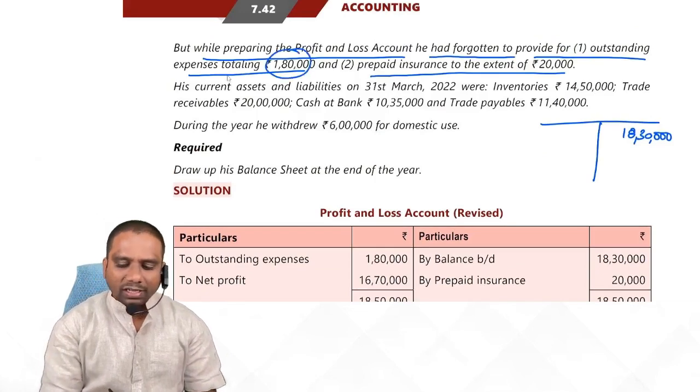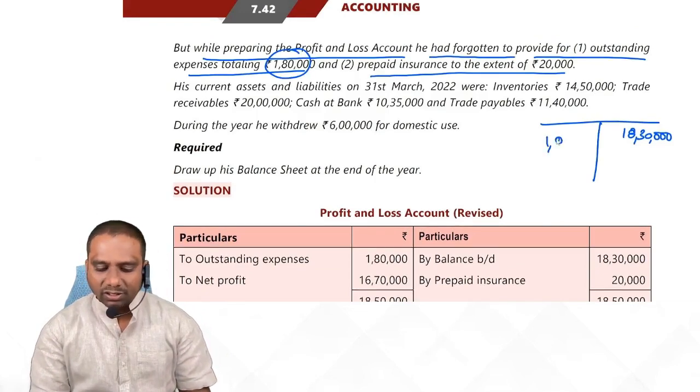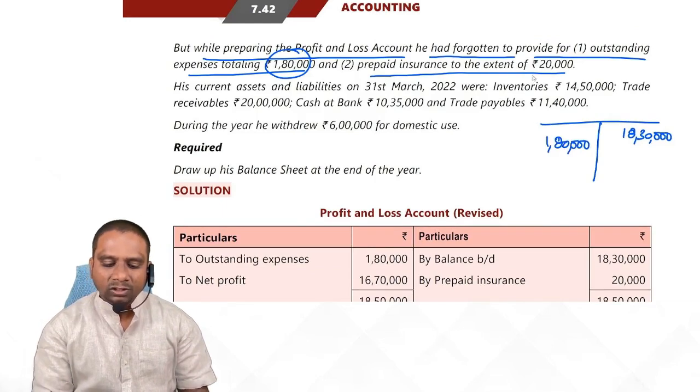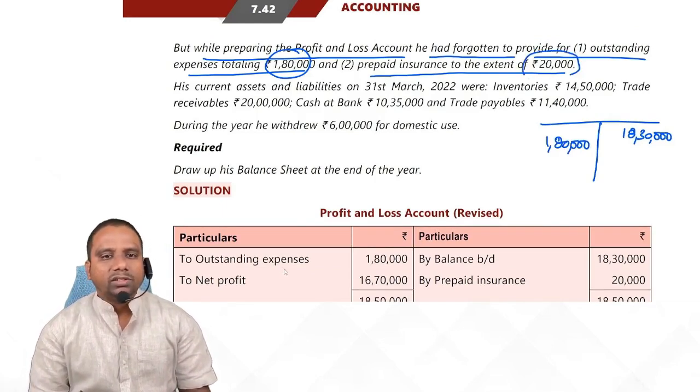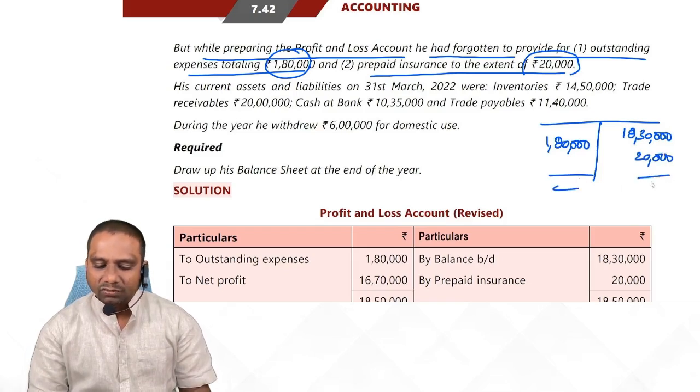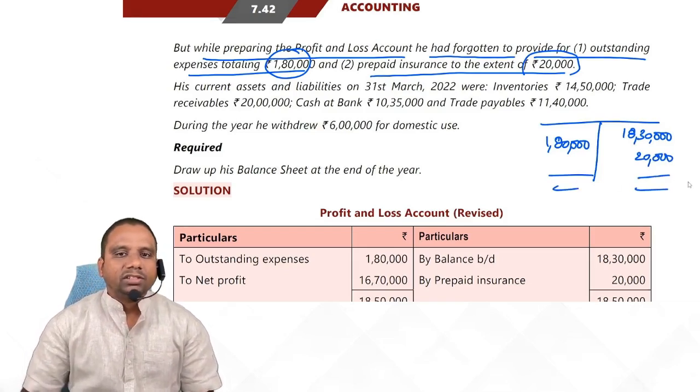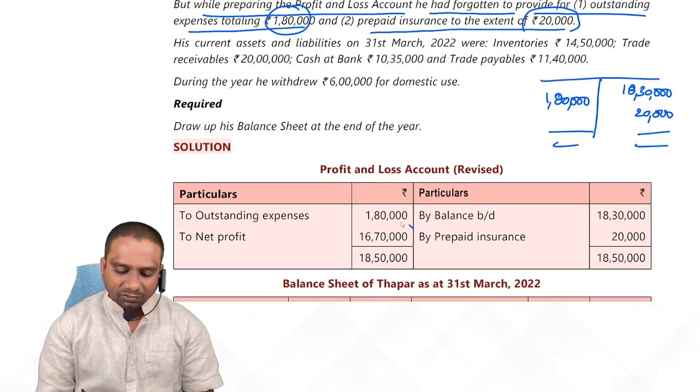Because of outstanding liabilities, what happens? Our profit decreases. Because of prepaid insurance, what happens? Our profit increases. Here we get revised profit. Yes or no? Look at student. Revised profit is